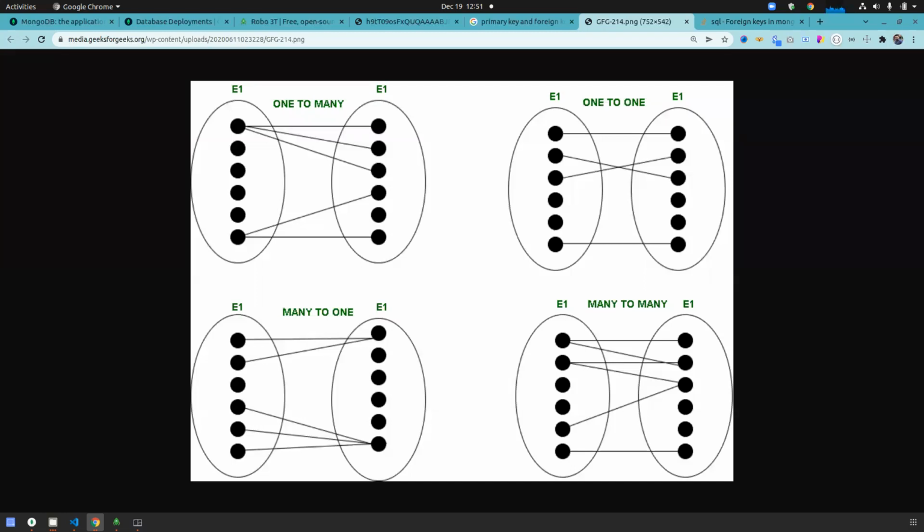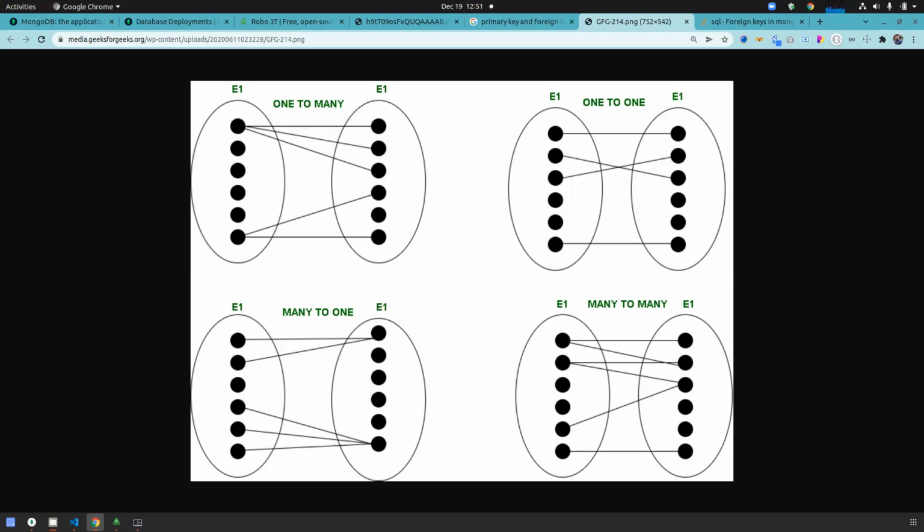So this one is one to one. These are the relations in a database. For one to one, we can give the example of a customer and an address, or a customer table with a payments table.